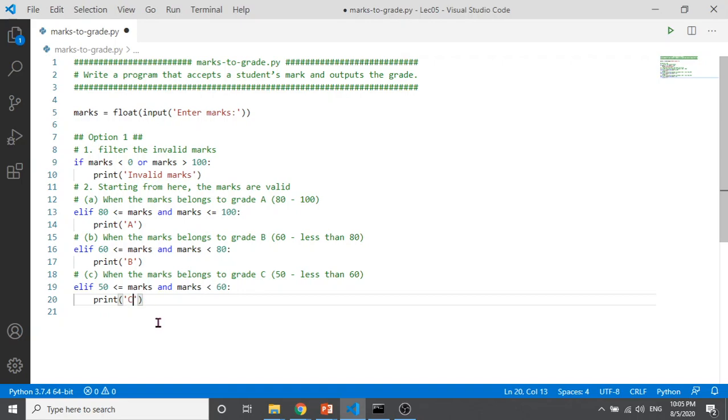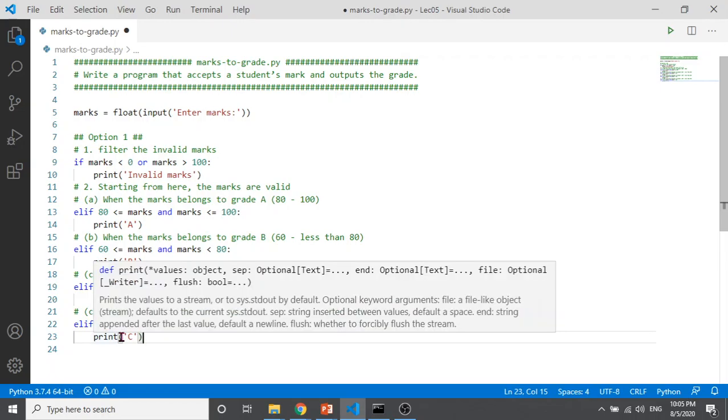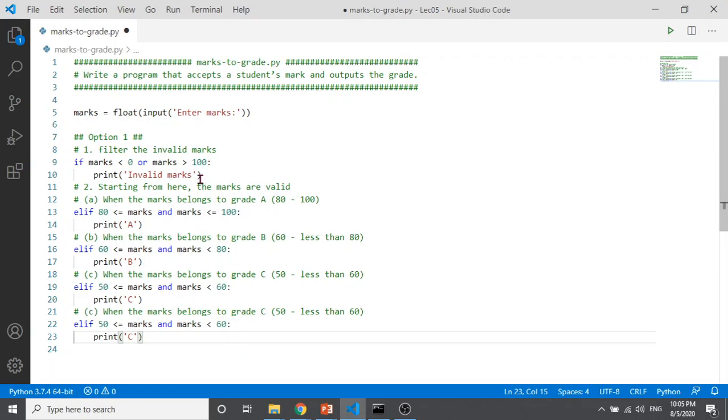Finally, what happens to F? Well, we just repeat the same thing, and we say that, all right, we can actually just use the else clause right here, because notice here that we have ensured that starting from here onwards, the numbers is going to be between 0 to 100. So since we have checked the A, B, and C cases, here we don't actually need to use the else if. We can just straight away write else, right? Because else means none of the above